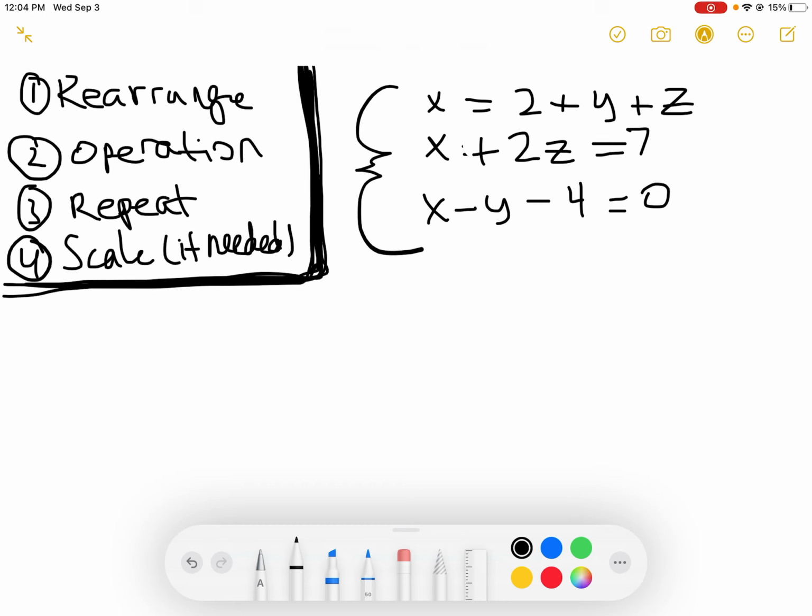Okay, so if we're asked to solve this system of linear equations, it would mean find out what x, y,